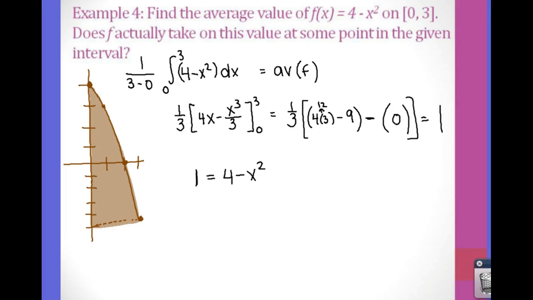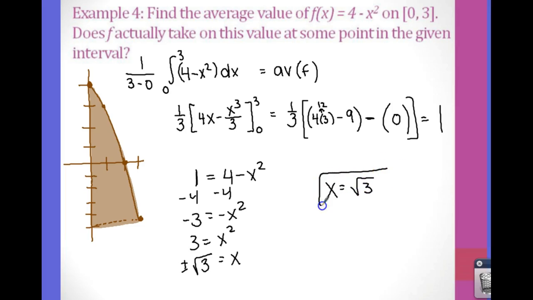Okay, so if you subtracted 4 from both sides, you got -3 equals -x squared. So you could cancel out your negatives. So 3 equals x squared. Here's the case where you got to remember the plus and the minuses. So really this is plus or minus the square root of 3 equals x. However, I realized that the negative square root of 3 wouldn't be on my closed interval. So the only value in my interval would be x equals √3. So you would say at x equals √3, the value